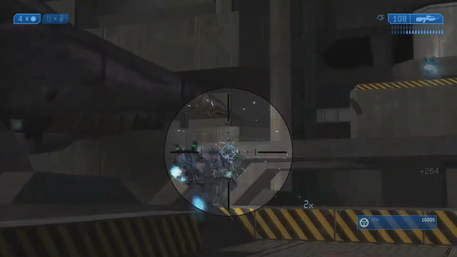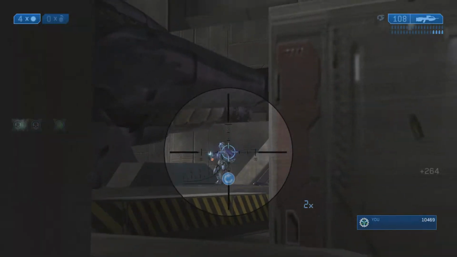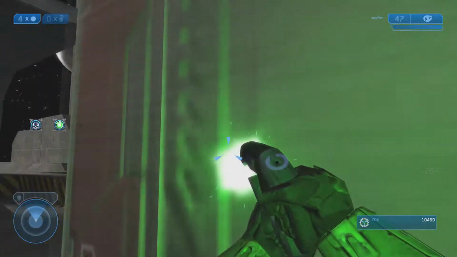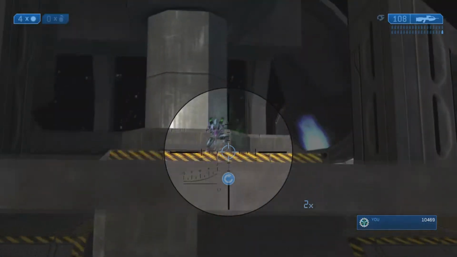I don't think any of those overcharged shots did anything against the elites, which is unfortunate. That did, though. Okay, now it's just the guy in the turret. And because the guy in the turret is a stationary target, this should, in theory, be easy. Just do that, and then...